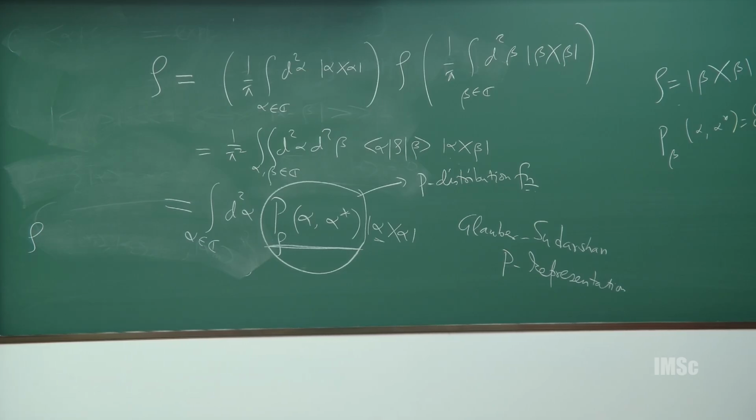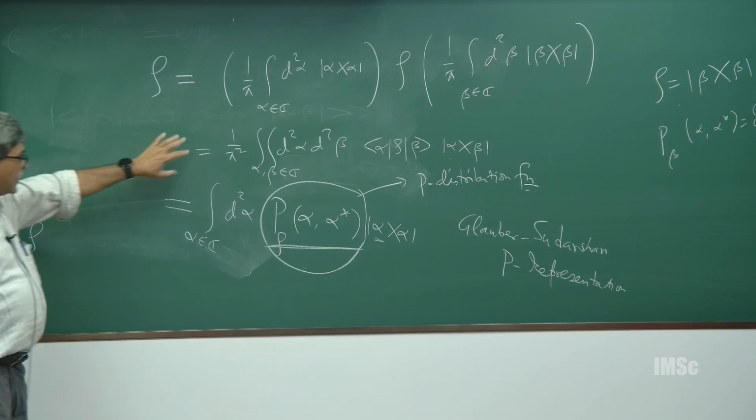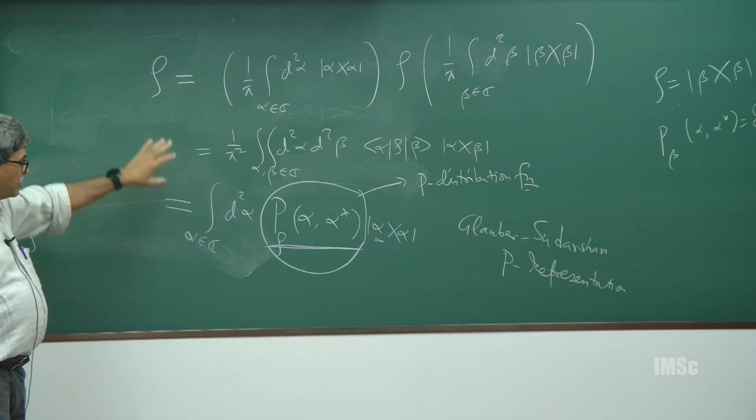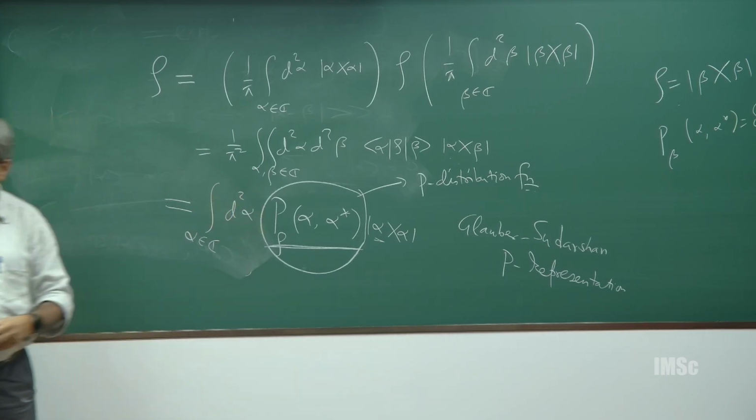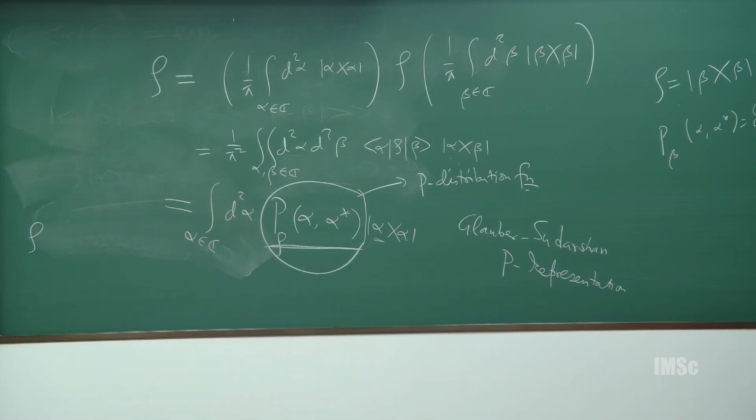Yes, I understand that this jump is an abrupt jump, but I'll do this derivation. So this P(alpha, alpha star), you said whenever this is positive, it corresponds to a classical state. Yes, because this is just a classical mixture of classical-like states. So if P(alpha, alpha star) is a delta function as you mentioned, then the coherent state itself is a classical state. I mean classical-like states.